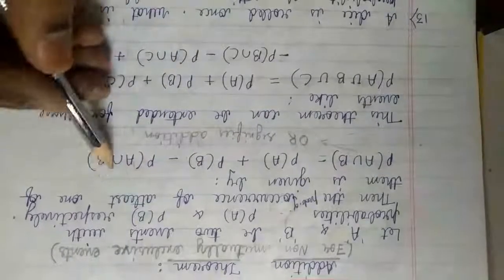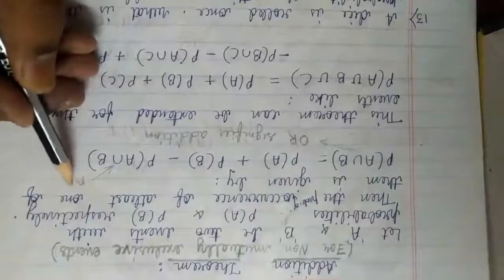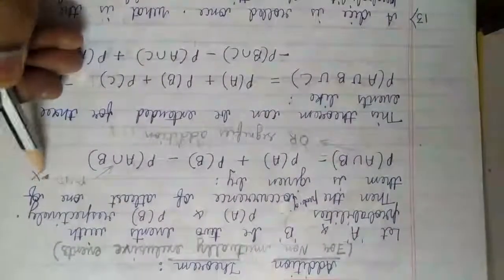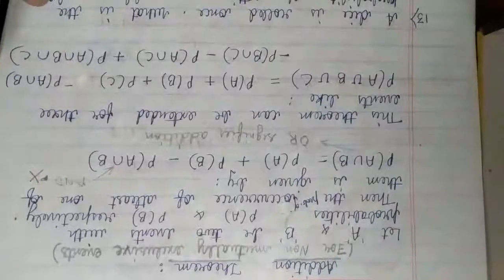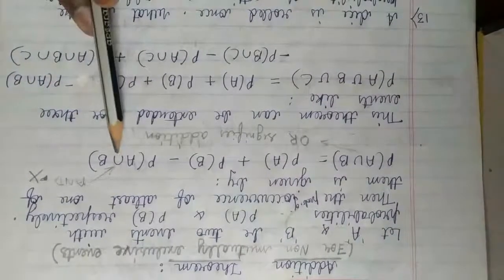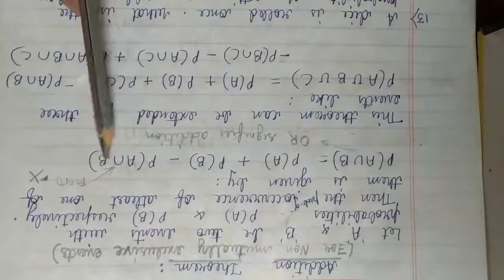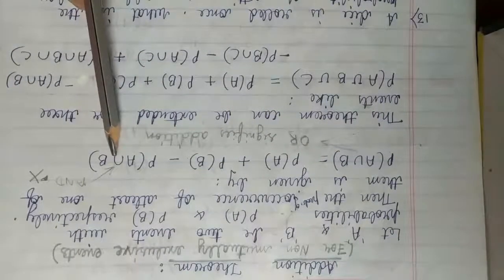This intersection represents and, or it also represents multiplication. Fine. So whenever multiplication comes or you have and, then at that time you have to use the intersection sign. Now this